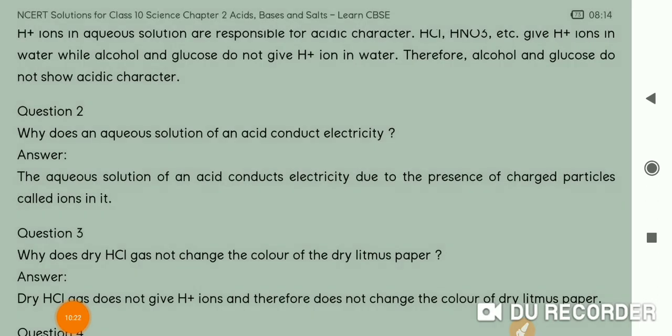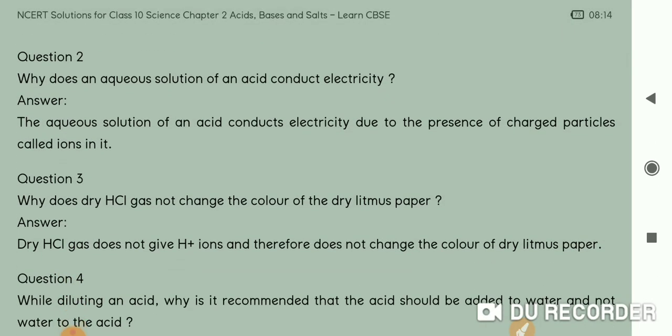Next question is, why does an aqueous solution of an acid conduct electricity? Now see, for conduction of electricity what we require is charges, and in an aqueous solution of any acid, positive and negative ions, that is cations and anions, are present. These opposite ions help in conduction of electricity. So the aqueous solution of an acid conducts electricity due to the presence of charged particles called ions in it. So these are the ions which are responsible for the